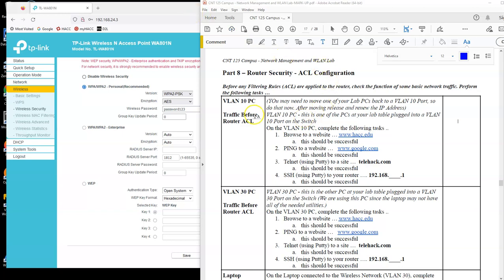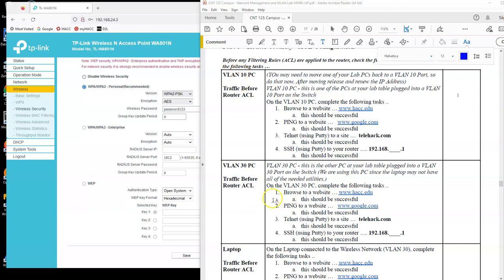So what we're going to do is we're going to test with our VLAN 10 PC, VLAN 30 PC, and laptop. We're going to do some browsing and pinging testing. Now, chances are in the last section you moved your VLAN 10 PC over to VLAN 30 to finish configuring the access point. So you may need to move this VLAN 10 PC back,